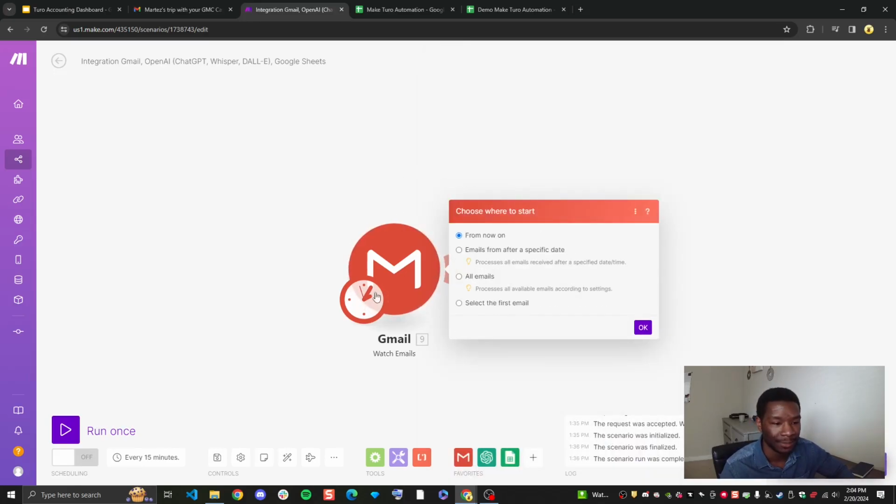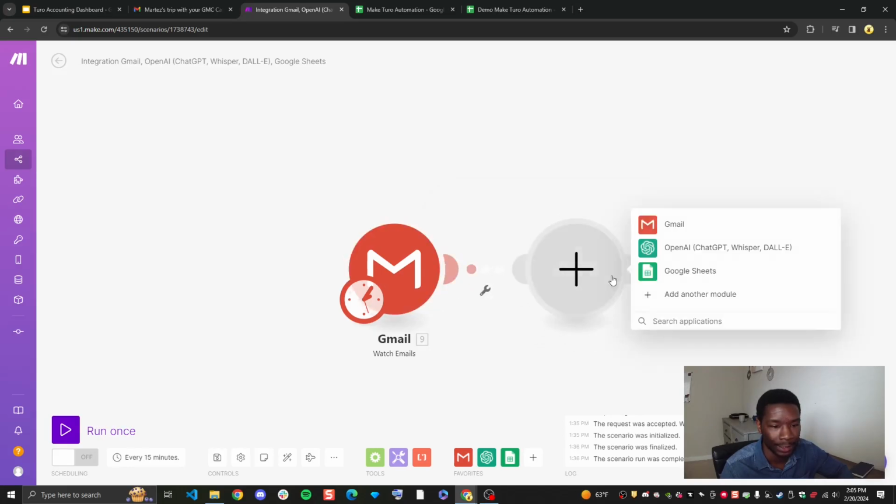So in Make specifically, and I won't get too far into the details, your trigger, your starting action or module, is only going to count for 1 operation. So we should only see 1 operation there, but our other 2 modules are going to have 3 operations based on how many emails get returned. So here we can also see we can choose where to start from, or where to start looking for emails from. And I'm just going to say all emails.